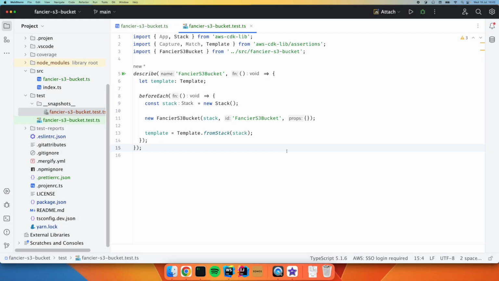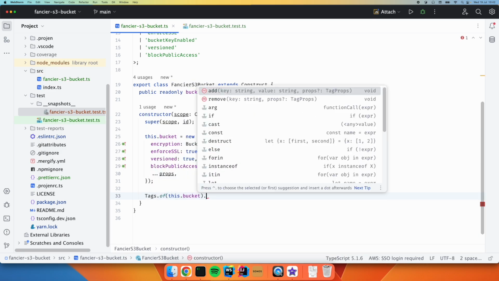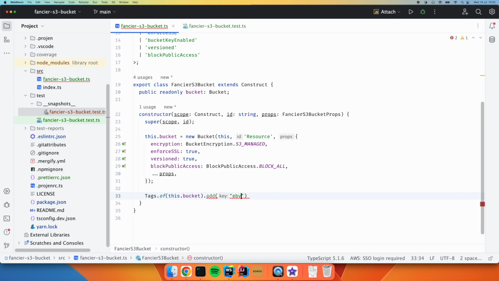We're going to combine together a few of the techniques we just looked at for context in tests. So let's say that we want to add a little bit of context to our bucket. Maybe we want to add a tag based on the environment. So let's do Tags.of, then our construct, which is the bucket. Let's add a tag, and we're going to add the tag environment, and we can base that off of a